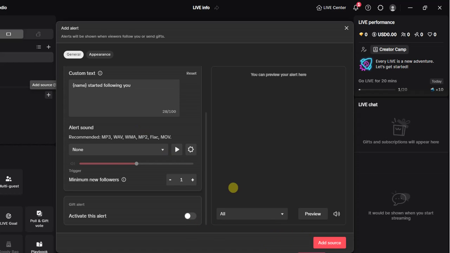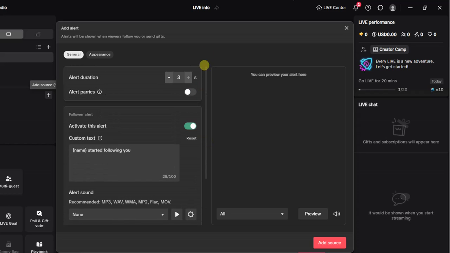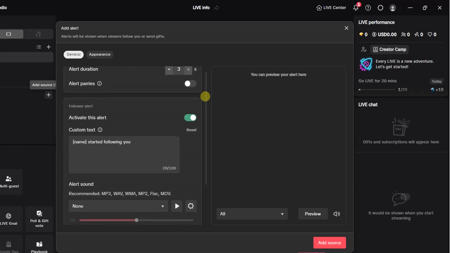But before I do that, here are some few settings that I can actually customize. Now starting from here, it says alert duration. Here you can choose how many seconds you want the alert to last. For example, it could last up to 3 seconds maximum, and 1 second lowest. So I will set this to be 3 seconds, and then I have to scroll down,